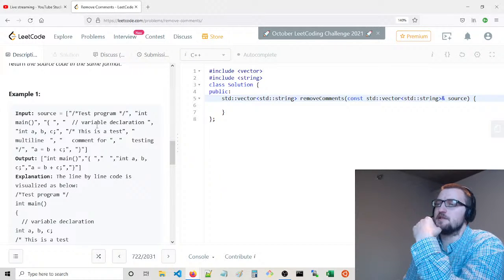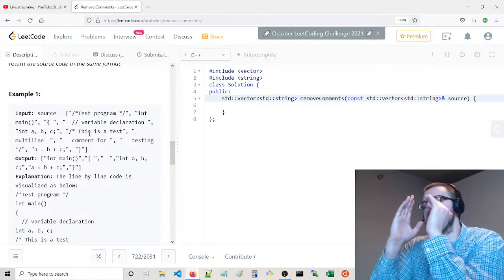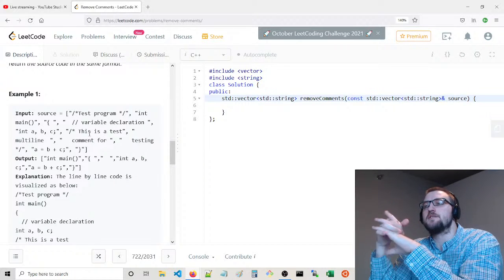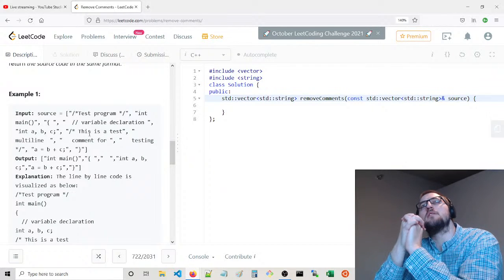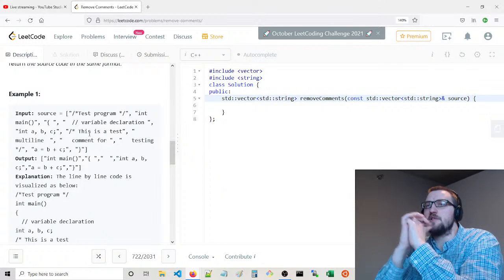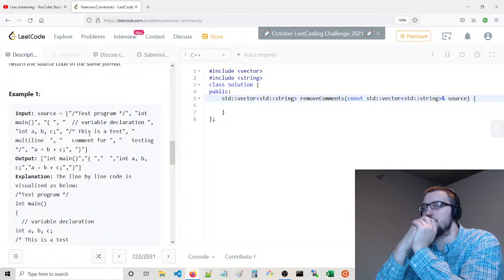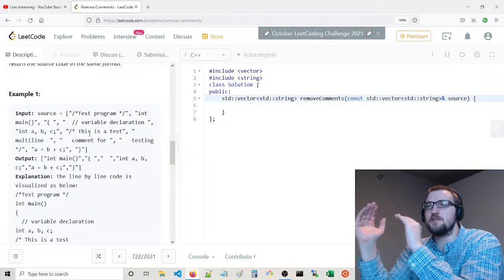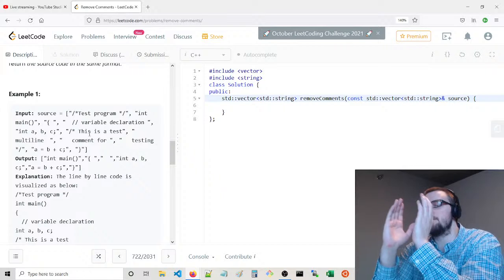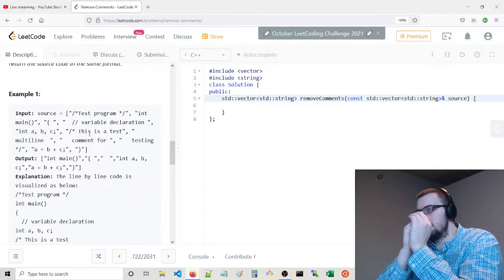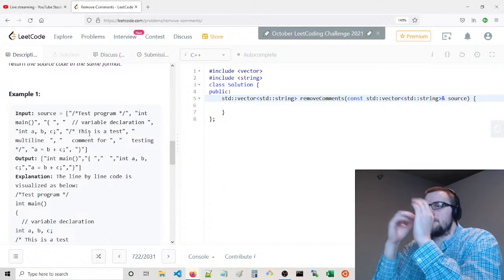Now, what's interesting though is what's interesting about multi-line comments is that they can be on the same line. You could have multi-line comments multiple times, and so you actually have a while loop inside the string itself, inside that single line that you process, where you would potentially remove chunks of that single line in one spot.